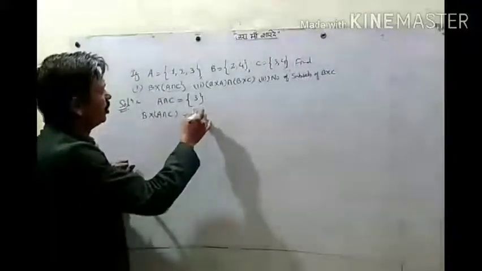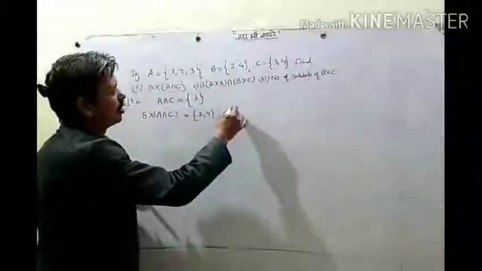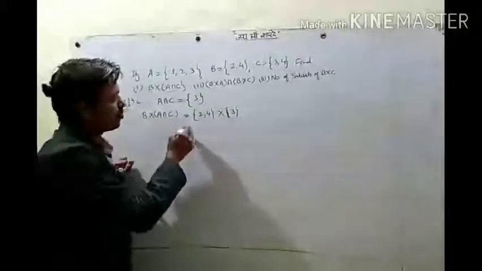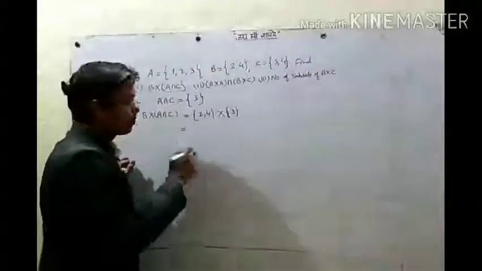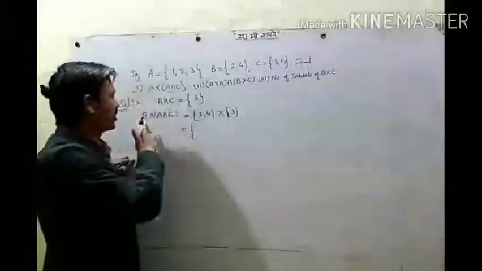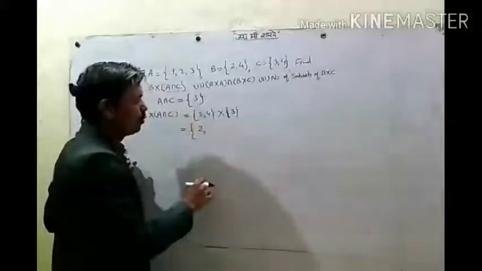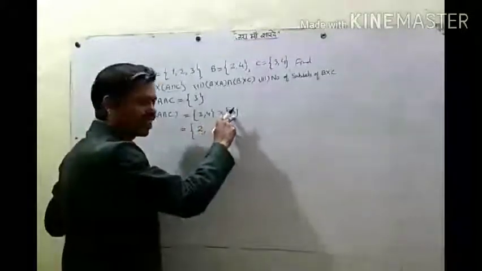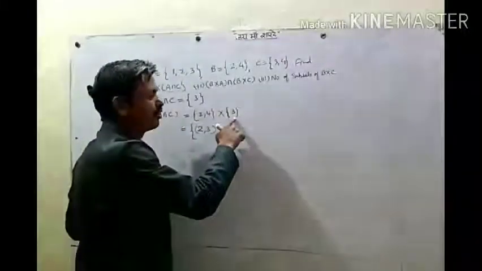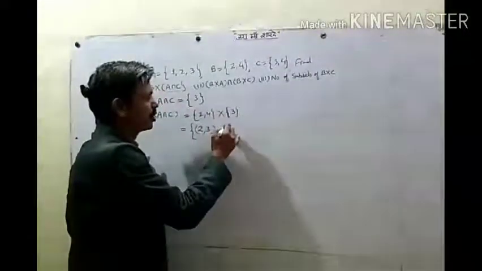So B having set elements 2, 4 cross. This set has element 3. ठीक है. So what is Cartesian product of two sets? Is set of all ordered pairs, where first element is in first set and second element is in second set. So we can make pair first element of first set 2 and first element of second set 3. Then the second element of the first set, but we don't have any other element in the second set here. So only one pair you can make from this. Then 4, 3.